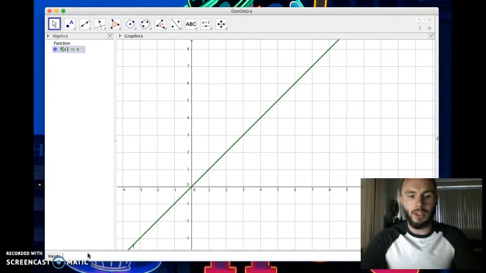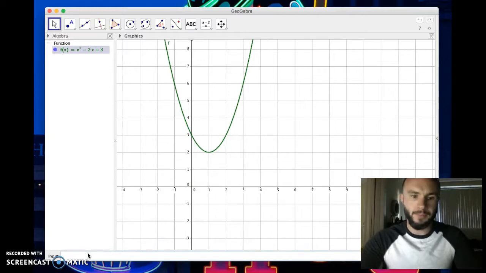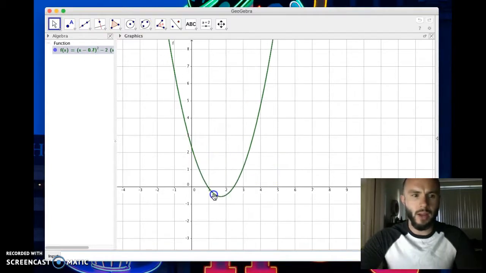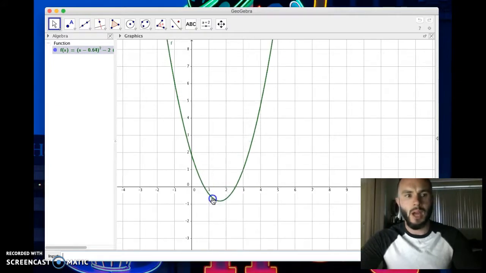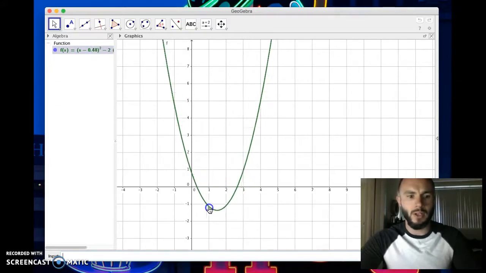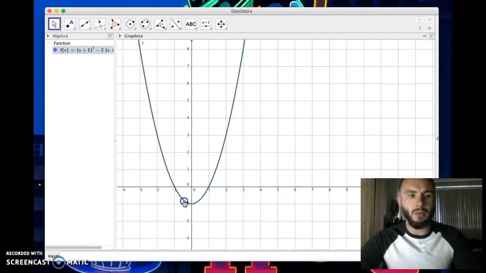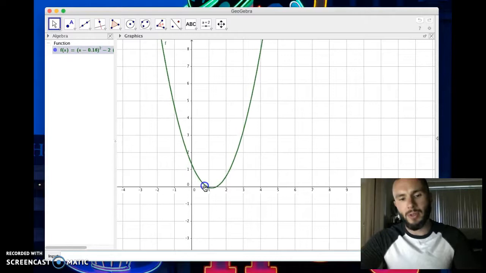We might also want to investigate f of x equals x squared. I don't know, x squared minus 2x plus 3, and then we get a quadratic there. We can also take this and use our move tool, and we can drag this around if we want. And notice up in the top left corner where it's showing the function, it's actually updating the function as I'm moving it around, in parametric form, excuse me, and then it'll actually snap to whole integers